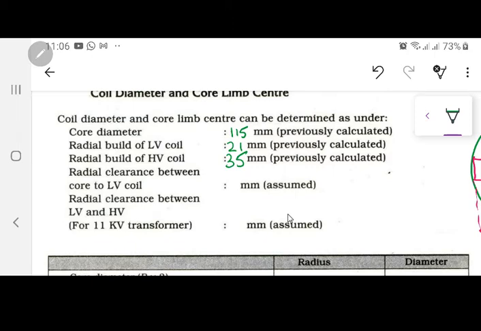Okay, one point, number of turns are more in the high voltage one, and secondly you have made the high voltage coil in 4 different coils over there. So you have arranged it in 4 different steps and they are more radially thick. The distance between them is increased over there. So you have made them more radially thick, that is 35 mm over there, and the radial build of the low voltage coil is 21 mm over there.